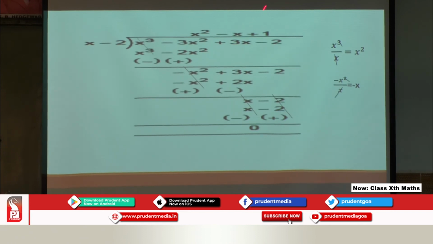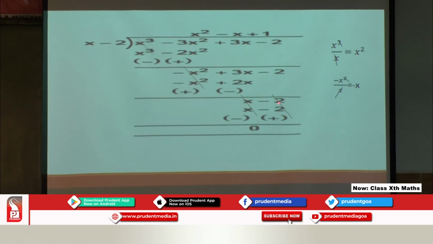Now next step, we should multiply the second term of the quotient, that is minus x, into the entire term of the divisor. So minus into plus is minus x square, again minus into minus, that is plus, so x into 2, 2x. So again we have to change the sign, then after cancellation here we got 0 and here plus and negative. So 3 minus 2 is 1x, greater number is positive. Again bring down this 2 here.